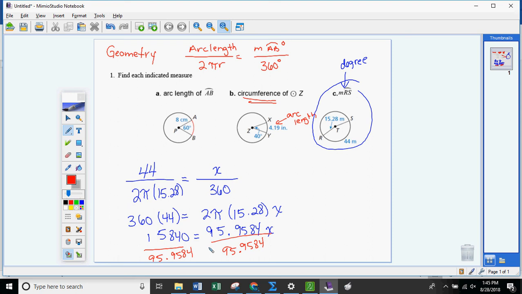So give me a second. I'm going to divide it on my calculator. 15840 divided by 95.9584. So we get approximately, the angle measurement is approximately 165.07 degrees. Now, when we talk degrees, we usually just go to the nearest whole degree. So 165 degrees is